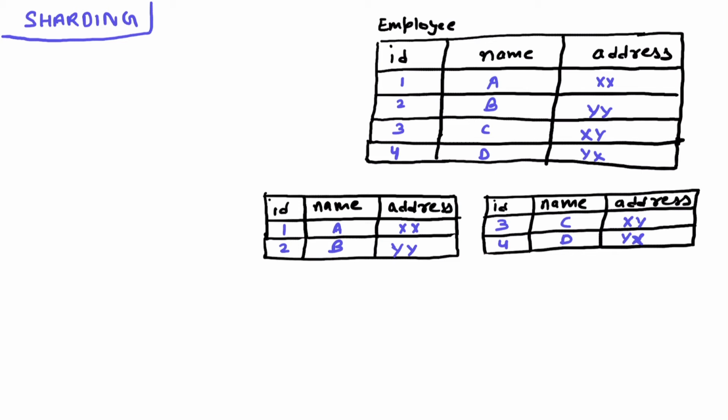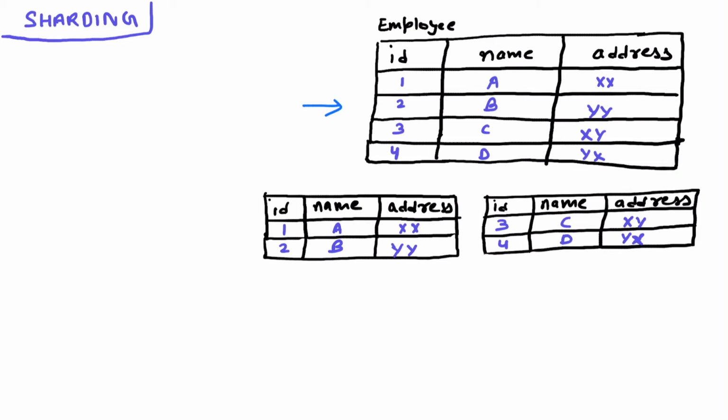So let's take an example. You have an employee table. Now let's say you have a requirement where you want to store a huge number of records in your employee table which cannot fit into one machine space. The data is so huge that none of your hardware can meet this requirement to store so much data into a single machine. So sharding helps in those scenarios where you have a huge data requirement to be stored in a database. So you can split this data into multiple chunks.